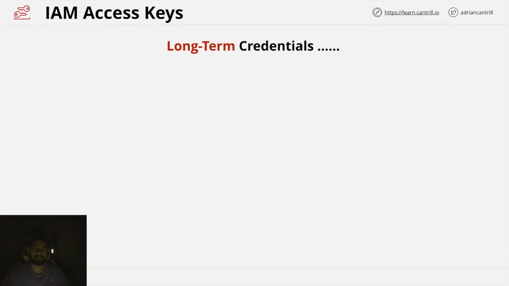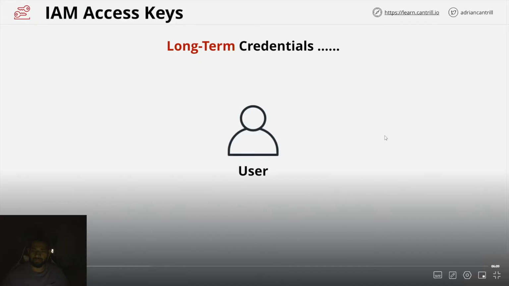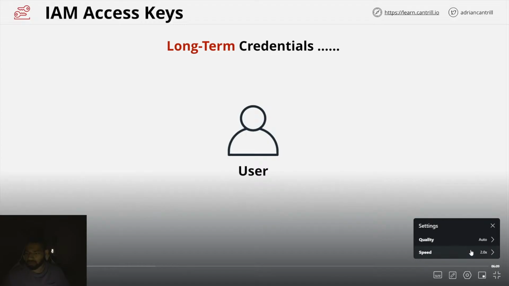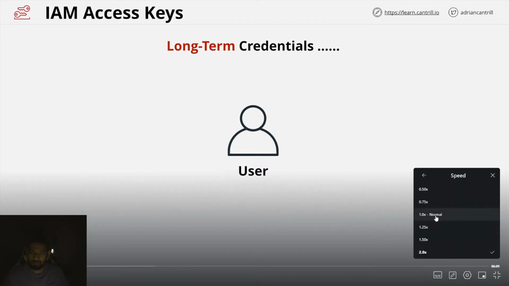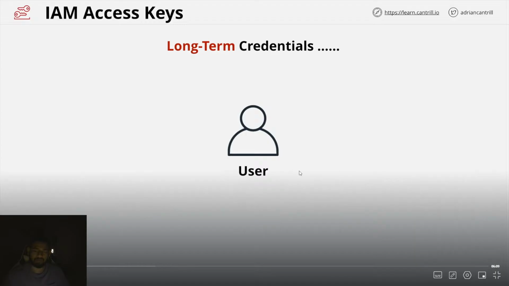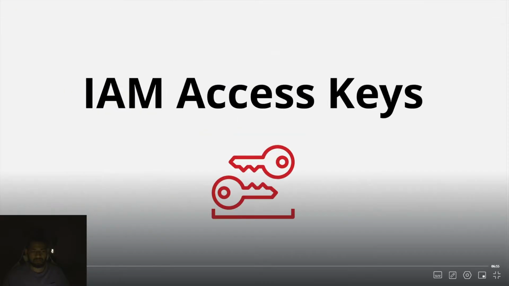Access keys are long-term credentials available within AWS. They're not the only type of long-term credential that you need to be aware of, and all long-term credentials are used with IAM users. If you're authenticating to AWS, and you're doing so using an IAM user identity, then generally you'll either use a username and password, and